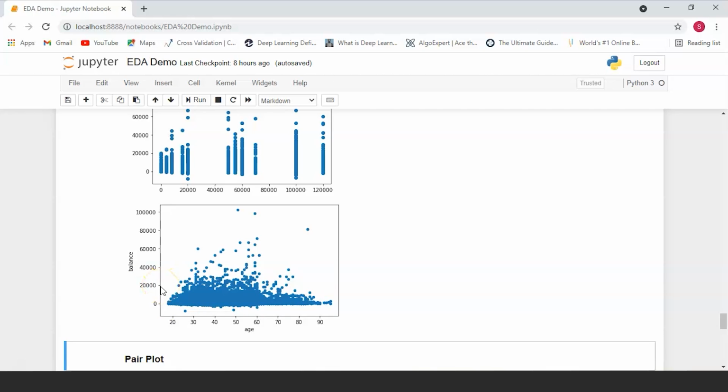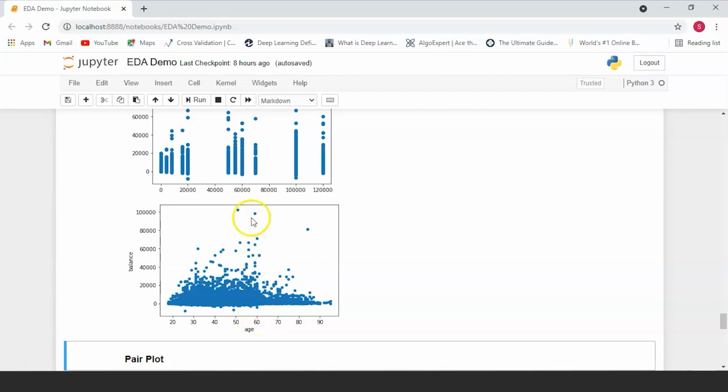Now, significantly fewer people have a bank balance which ranges from 20 to 40, and even fewer have a bank balance ranging from 40 to 60. So this is why you can see that 90% of our data falls under this range. And the rest of it is outliers where people have a very high bank balance.